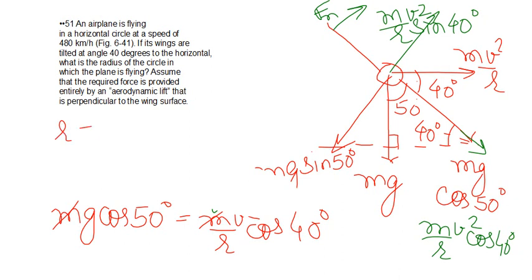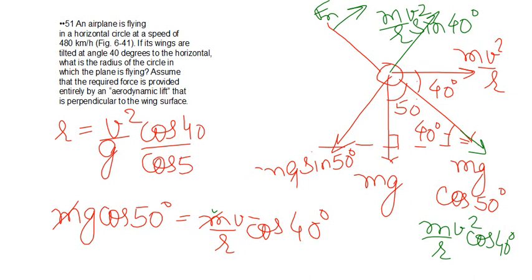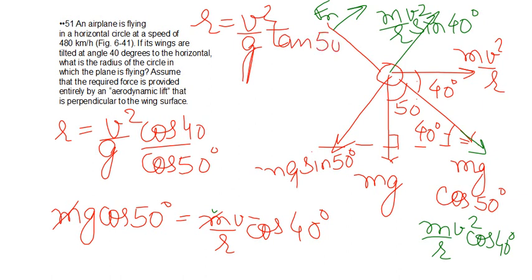r equal to v square by g cos 40 by cos 50. Now cos 40 can be rewritten as sin 50, then sin 50 by cos 50 becomes tan 50. So r is equal to v square by g tan 50. Now the value of tan 50 is 1.19, and v is given as 480 km per hour,